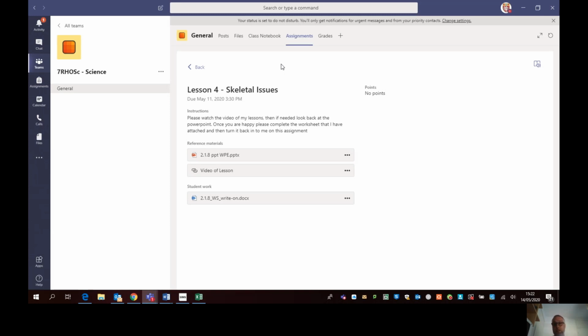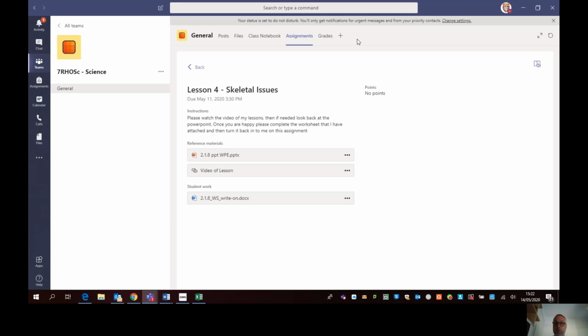What they can then do is, on their version of this, once they've done this student work piece, they can then upload it again to here. There's a link that normally appears underneath for the student. They can click on that, upload that piece of document back to me, and then on the top right, where I've got a little book at the moment, they'll have a turn in, and they just click that and it'll send it up to me so that I can see what work they've got. So that's the general layout of a class